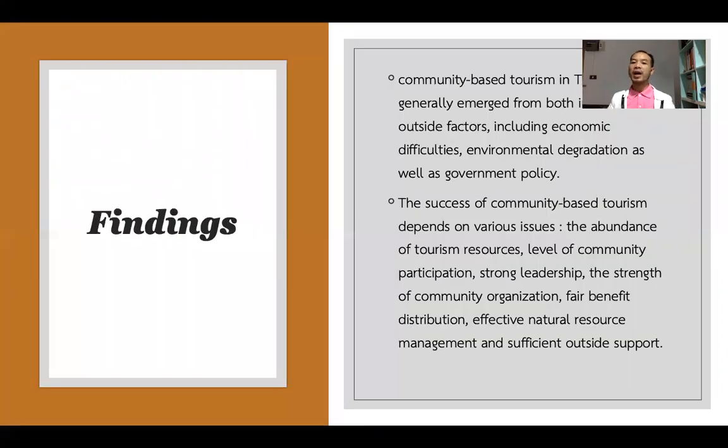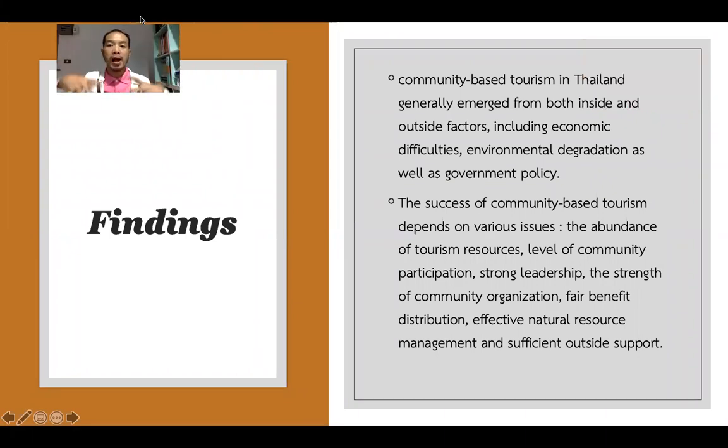Okay, then findings. They found that the community-based tourism in Thailand generally happened. It happened in both inside and outside factors, such as economic difficulties. There's a crisis during this time, or environmental degradation. Degradation means the bad situation of environment. And the last is about the government policy. Okay, so the